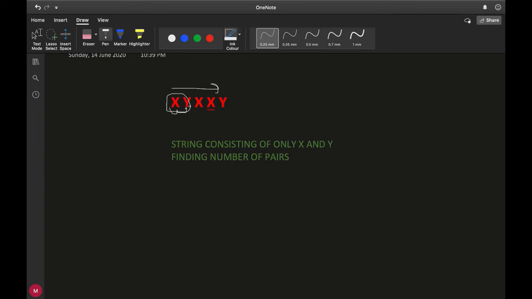So we'll do answer plus plus as well as i plus plus, because once this Y is taken, it will not be available for the next X. If you do not do i plus plus, what will happen is it will check for this Y also. So instead of one pair, this will be counting two pairs for one single Y, which will be wrong. So do i plus plus as well as answer plus plus.